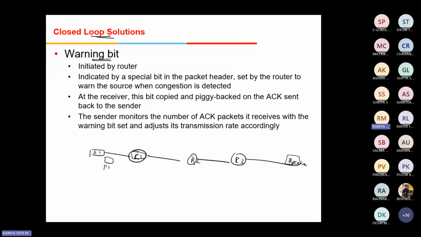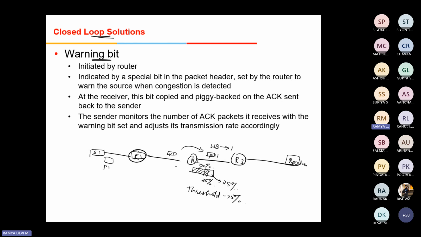So R1, R2, and R3 are there. R2 has a buffer, and already 50% of the buffer is full. After receiving this packet P1, fragmentation is required, and one portion of P1 is transmitted and the rest is saved inside the buffer. So it takes another 25 percent of the buffer space. What is the available space? 25 percent. If I set the threshold value to 75, then in the packet header, it will set the warning bit to 1.